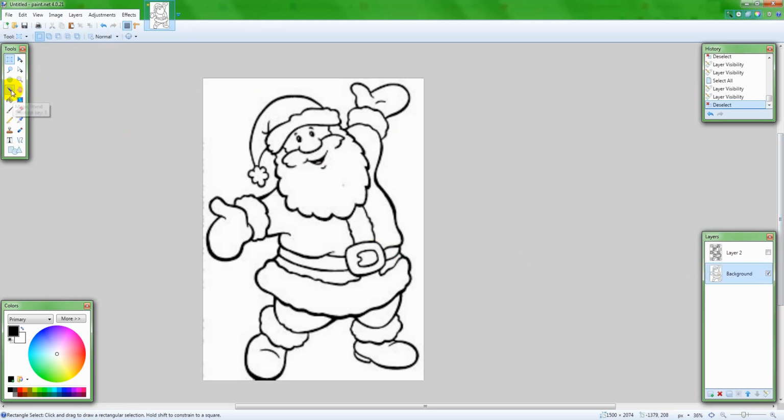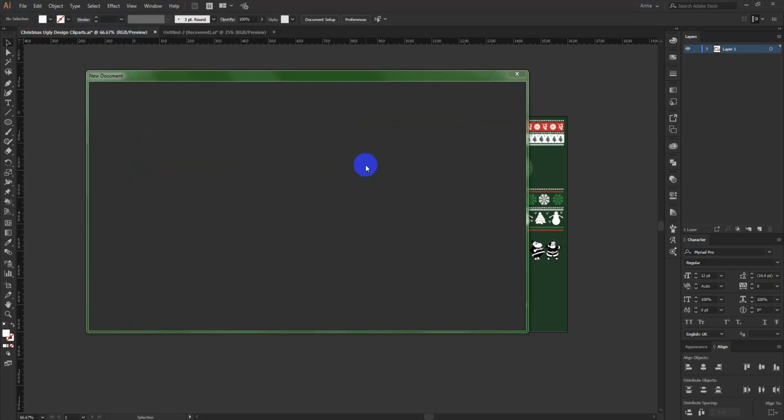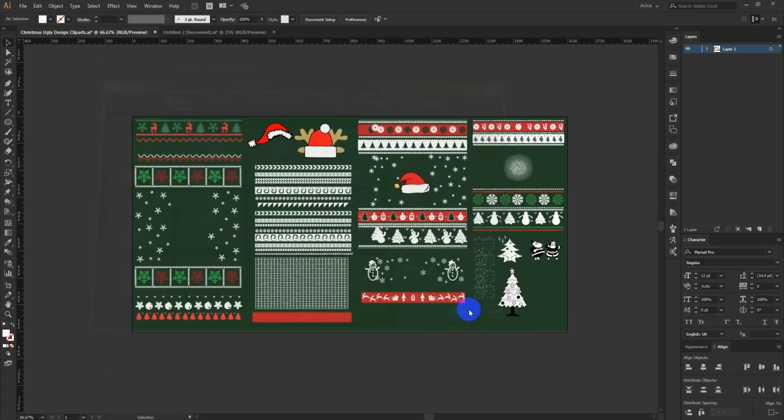Then I used this magic wand tool to click something like this, so that all the blacks could be selected at once. Now I made that layer in a separate layer here, and if I just select all with Ctrl A and copy, now you can see, let me just show you. Yeah, something like this.